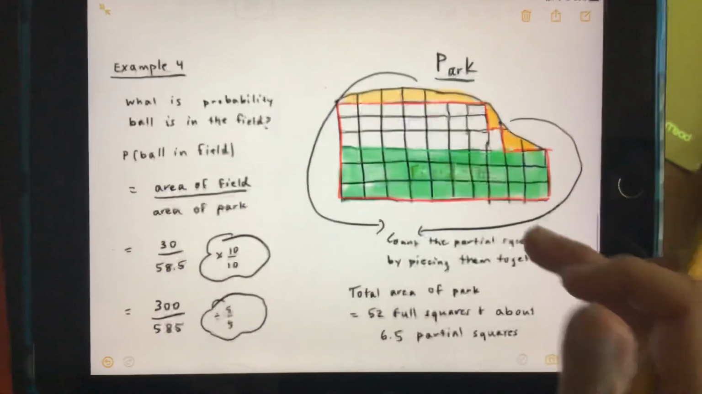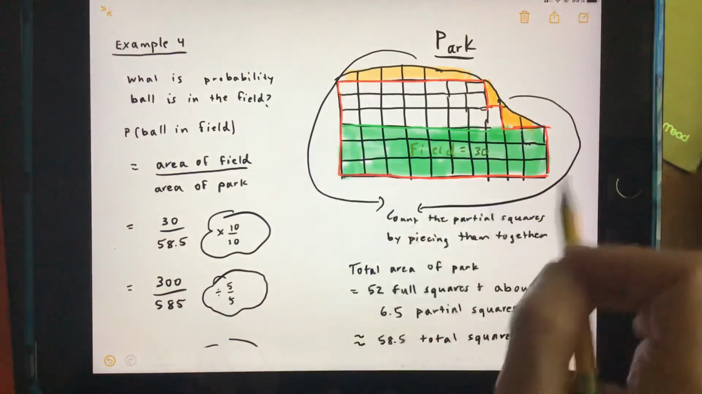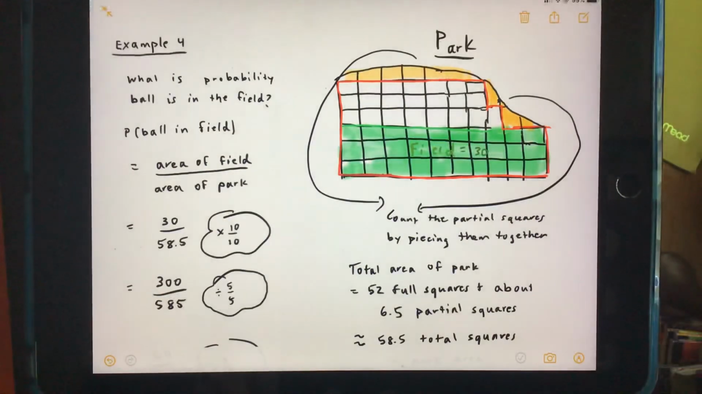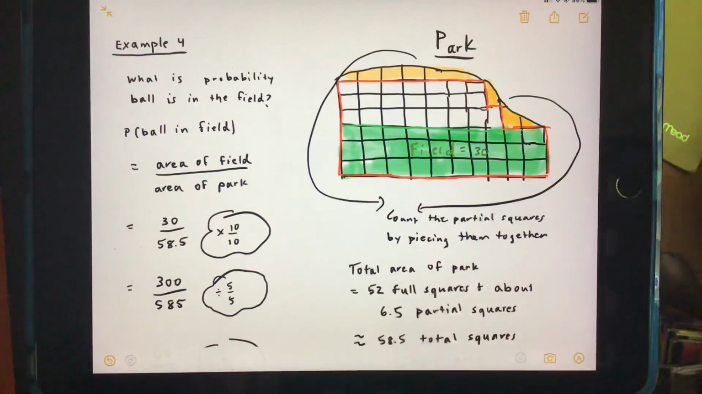Example 4 talks about a dog who's in a park. He's dropped a ball someplace in the park. So all of this is the park. And so the question is, what is the probability that the ball is somewhere in the field? So I've marked off the field here, which when you count the squares, you'll find there are 30 squares that make up the field. The question is, if that ball is randomly placed somewhere in that park, because the dog just sort of let it drop out of its mouth and no one really knows where in the park,